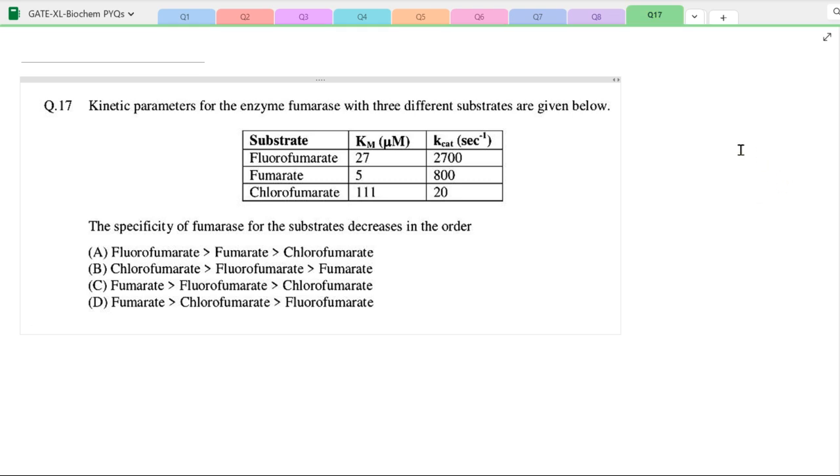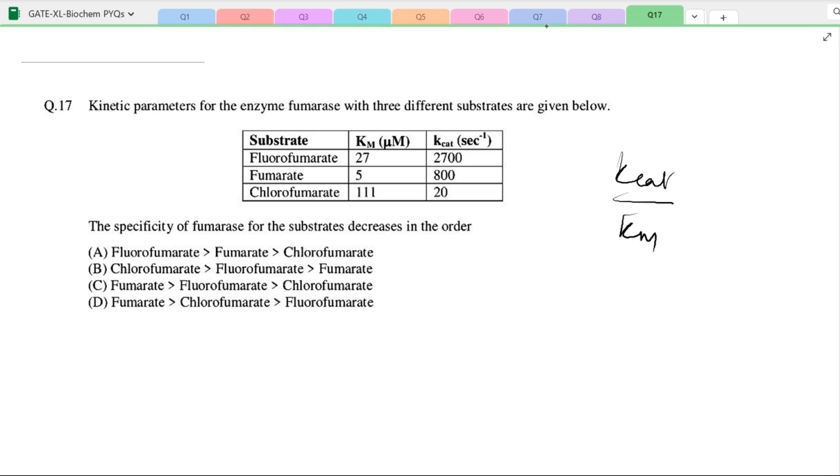So here, the kinetic parameters for the enzyme Fumarase with 3 different substrates are given below. You have 3 substrates, that is fluorofumarate, fumarate and chlorofumarate. So the specificity of Fumarase, which is the enzyme, for the substrates decreases in the order. The specificity is determined by Kcat by Km. So here, the higher the Kcat by Km, the higher the specificity for an enzyme,